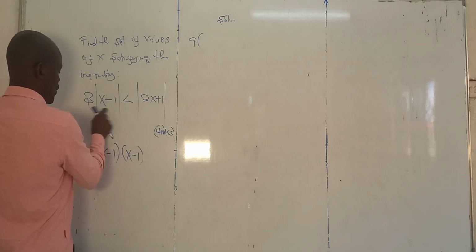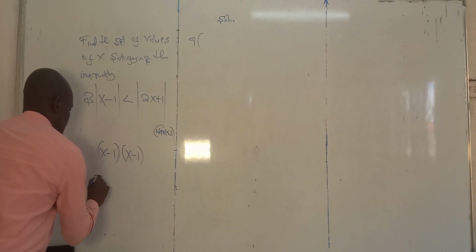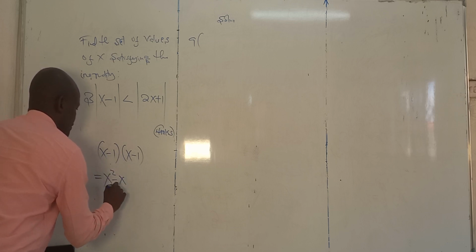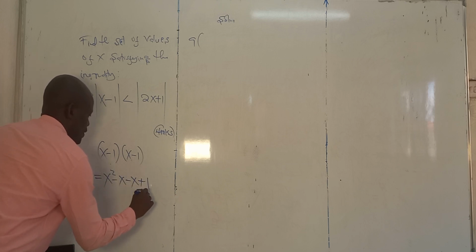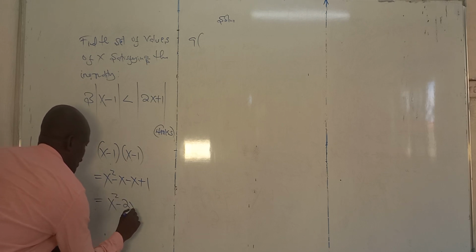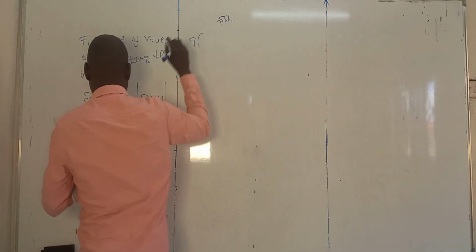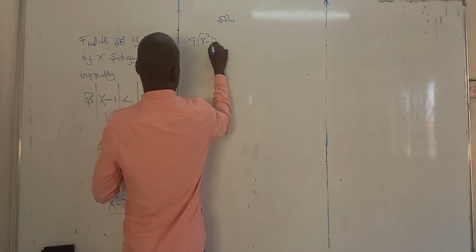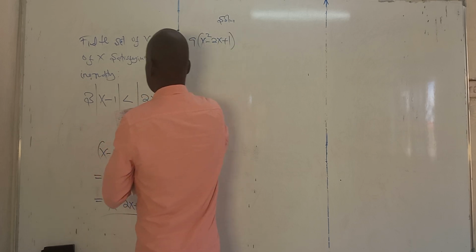This by this gives x squared, this by this gives minus x, plus 1, and that is x squared minus 2x plus 1. So I carry the whole of this and put here. That will be 9 into x squared minus 2x plus 1 is less than